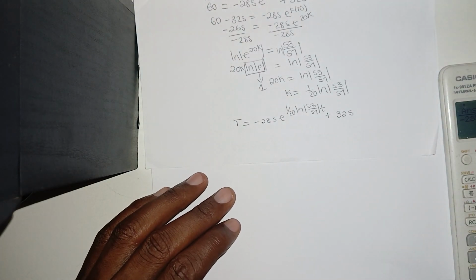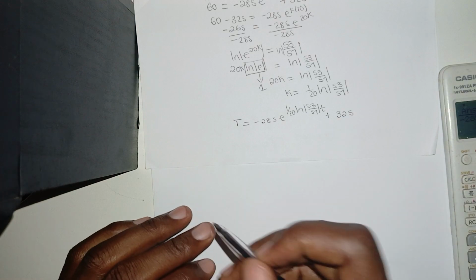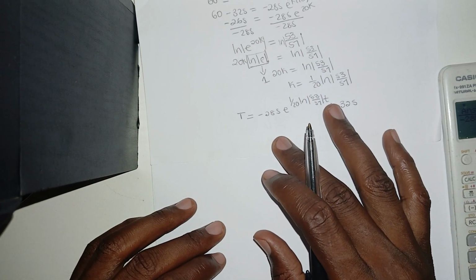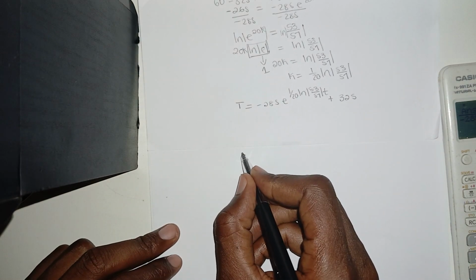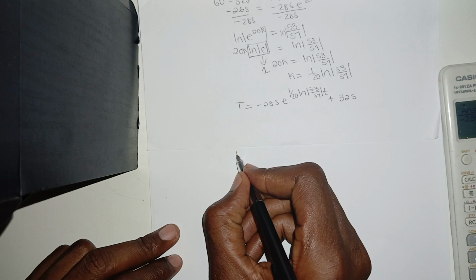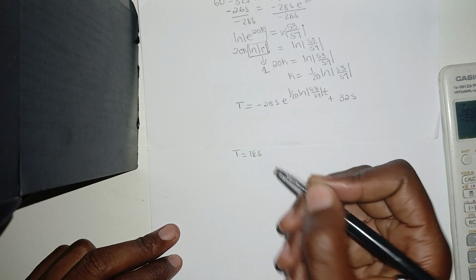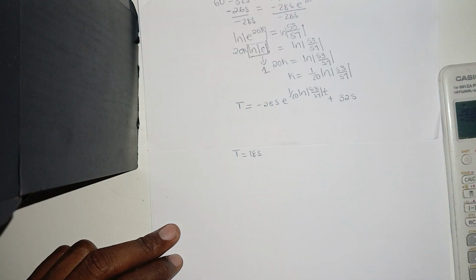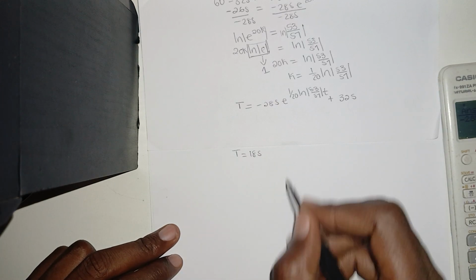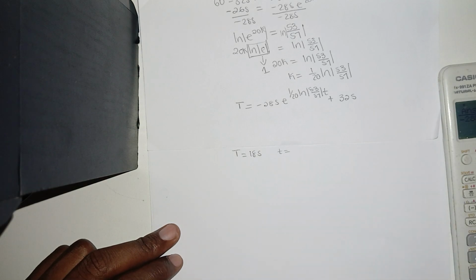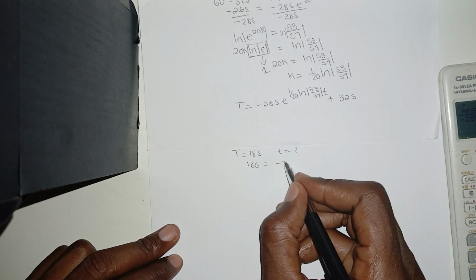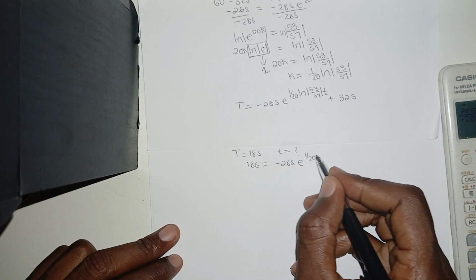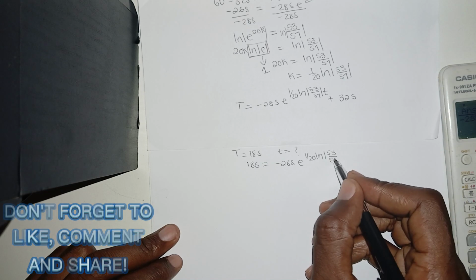The question says, how long must the chicken remain in the oven? So that means we have to find our t. The temperature that is given is 185, because they said how long must the chicken remain in the oven to reach a temperature of 185? What time is it going to take to reach 185? Now 185 is equal to negative 285 e to the power 1 over 20 ln of 53 over 57